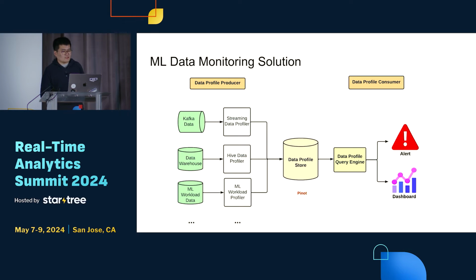Now I'm coming to my physical architecture. When I lay this out, it's kind of a reiteration, but just to give you more concrete ideas. We have the Kafka data, data warehousing, Hive data, and the machine learning workload, which is just informal data. They never materialize anywhere. All this data, on the left side, we first call the data profile producer. Then we have different jobs, maybe a Flink job for Kafka and a Spark job for Hive, and for the ML workload, we have some inline provider. They are very lightweight, just scanning the data once, converting data to profile,